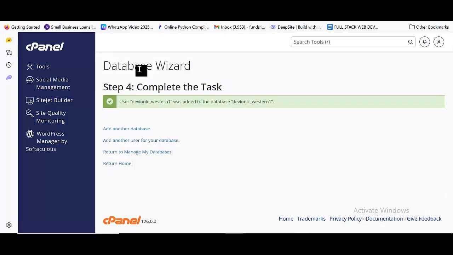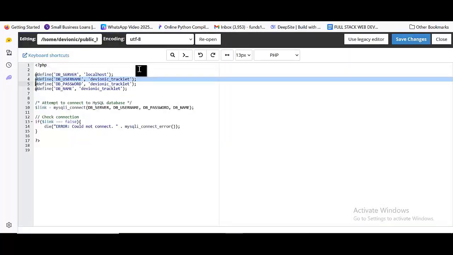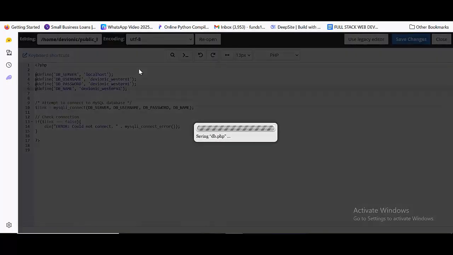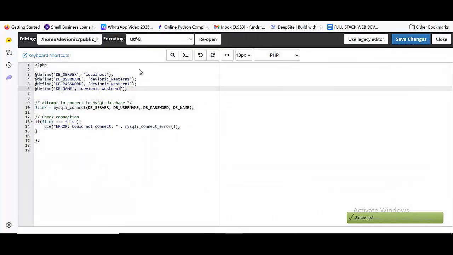I like using the same name for everything, so that my DB name, password, and username will be the same thing. Once I'm setting up my database, it'll be very easy for me to do. So just copy this name here since everything is the same. Go back to my db.php, paste that here, paste that here, and paste that here. Once I'm done with that, click on save. Then what you have to do next is to